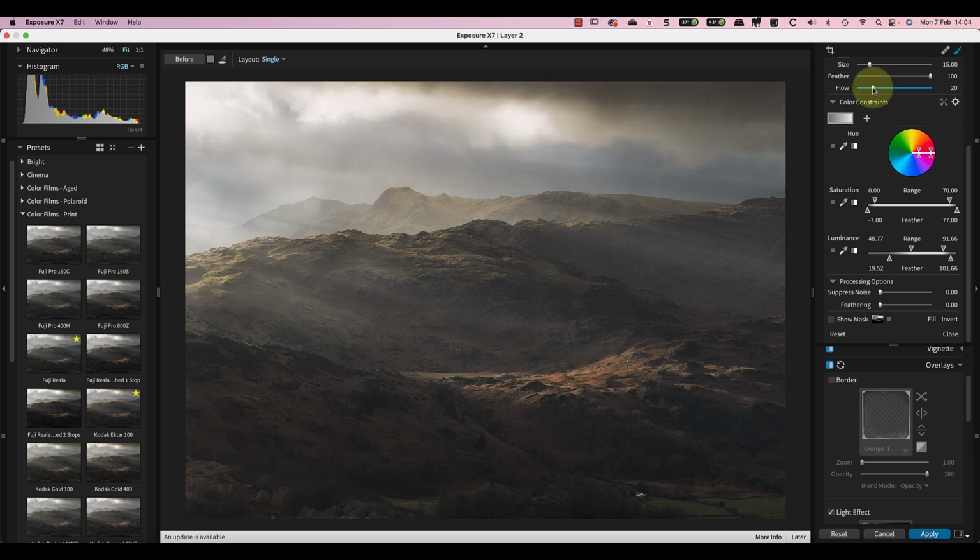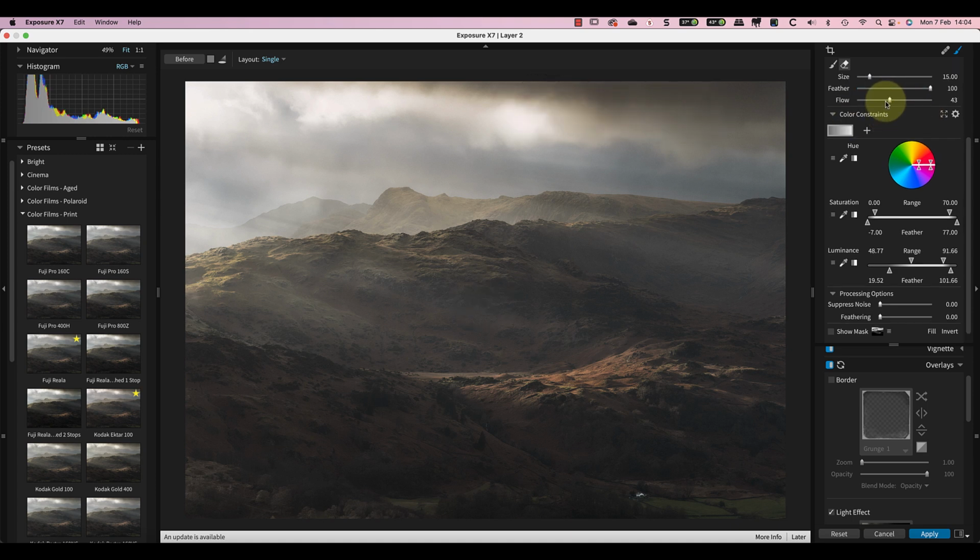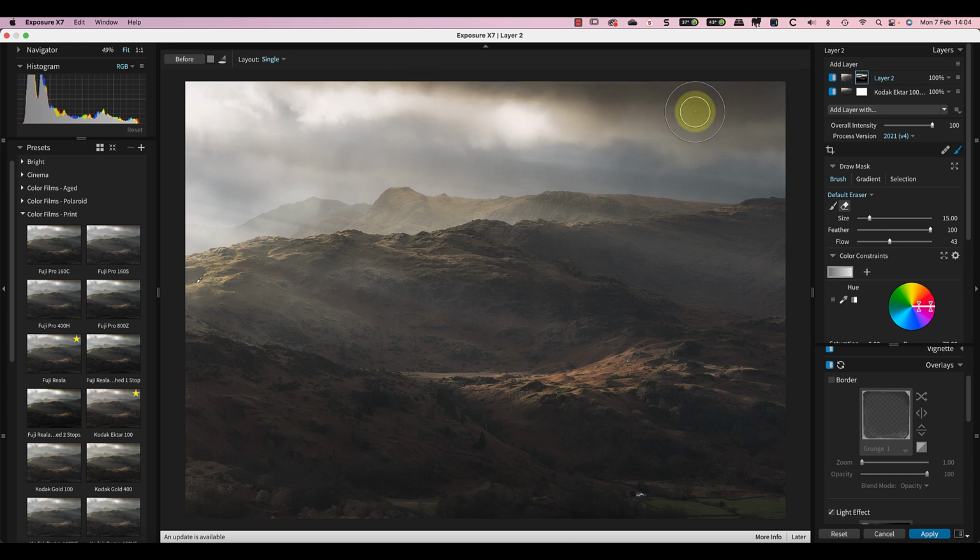I'll probably put the flow for the brush up to a higher value just so that I can remove it a little bit more quickly. And again on the hills, I'll just come down the slope just to remove it a bit further. There we go. That looks reasonable.